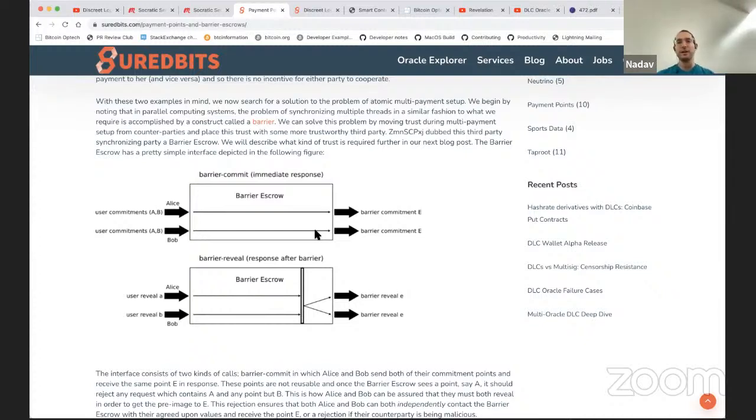They don't know who we are. They don't know what they're being used for. All they do is they accept payments. So once both me and Chris's payments have been set up to them, then it releases.